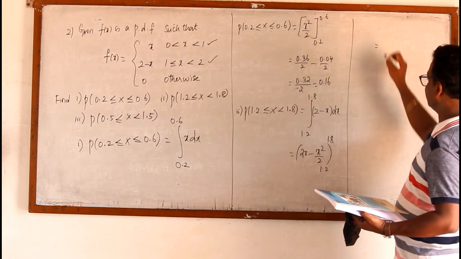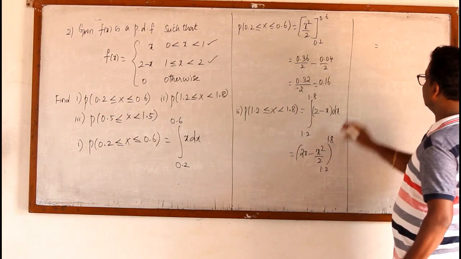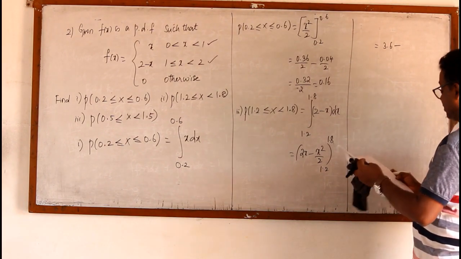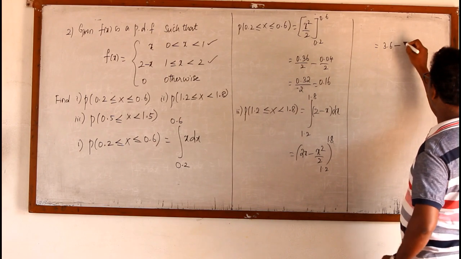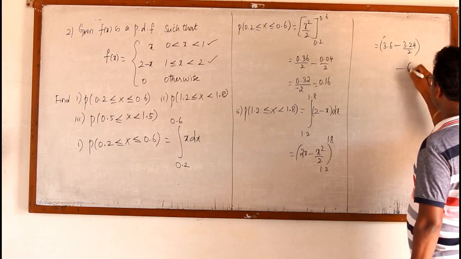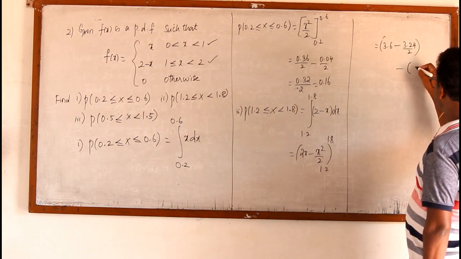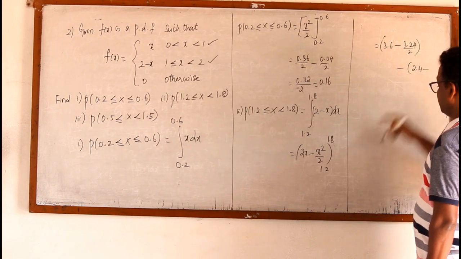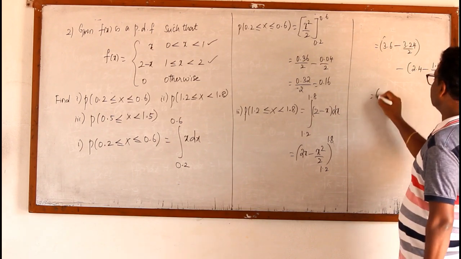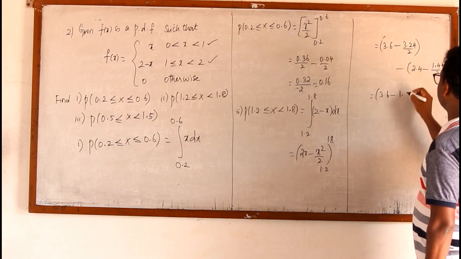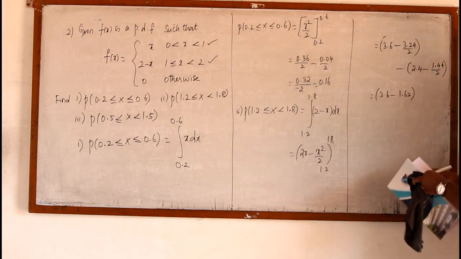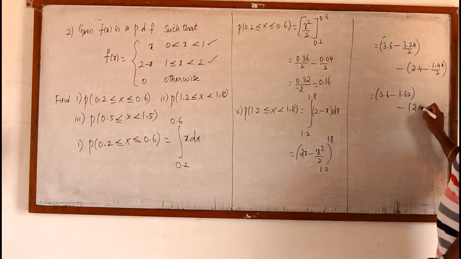We shall simplify this. When I apply the upper limit, 2 into 1.8 is 3.6, minus 1.8 the whole square, isn't it? 1.8 the whole square is 3.24. 3.24 by 2. This is the upper limit. Minus the lower limit: 2x is 2 into 1.2, that is 2.4, minus 1.2 square is 1.44, so 1.44 by 2. So it is 3.6 minus 1.62, right? 1.62 minus 2.4 minus